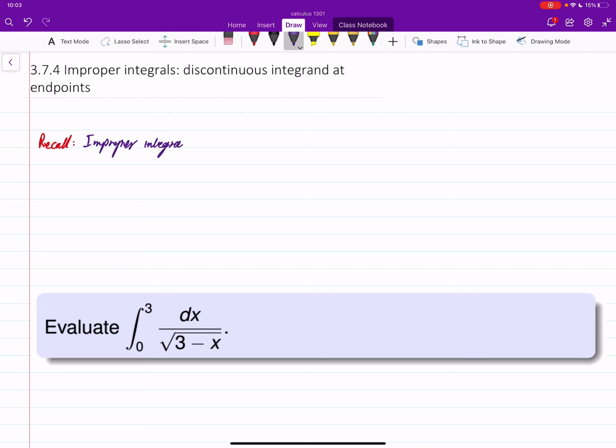Well, quickly recall that when we say we have an improper integral, what we mean is it is either an integral with an infinite interval, which we discussed in other videos, so upper infinity, or lower negative infinity, or both infinity. But then there's another case where the interval is closed, from a number to another number, with a discontinuous